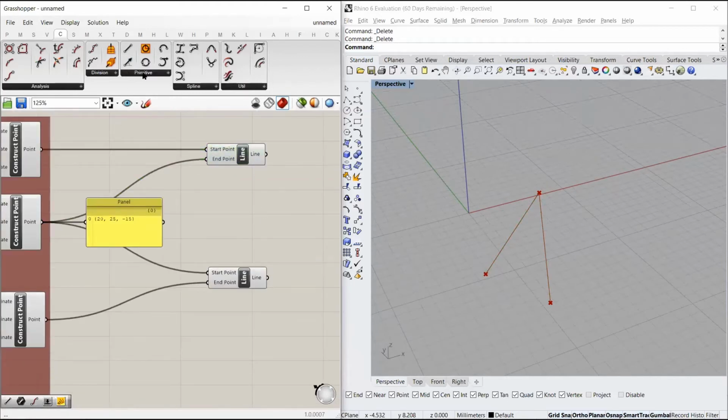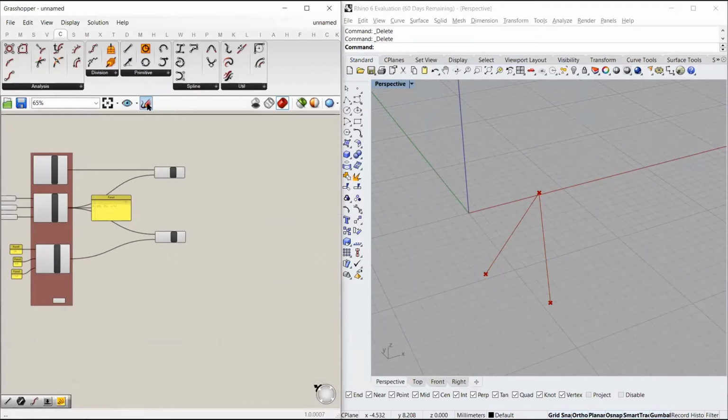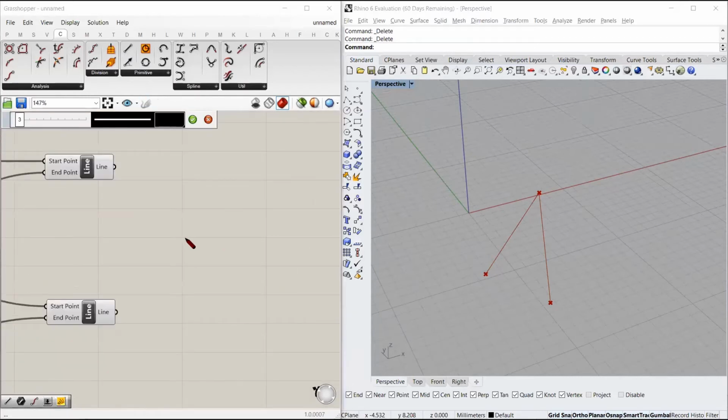Now there are many other options. You can create a NURBS curve, you can create an interpolated curve. I already explained to you what a NURBS curve is. Suppose you have this one point, this is another point.